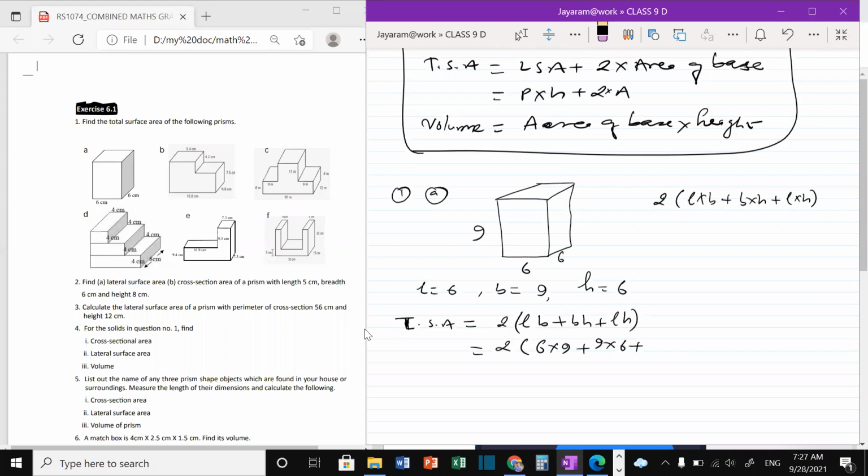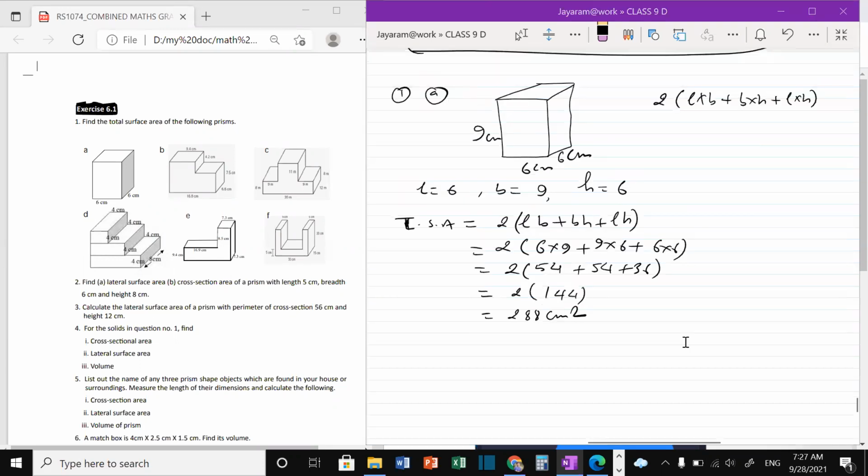That is equal to 2 times 54 plus 54 plus 36. That is equal to 2 times 144, which is 288 centimeter square. Okay, I think centimeter is given here. This is how we do that. Okay, next we will do